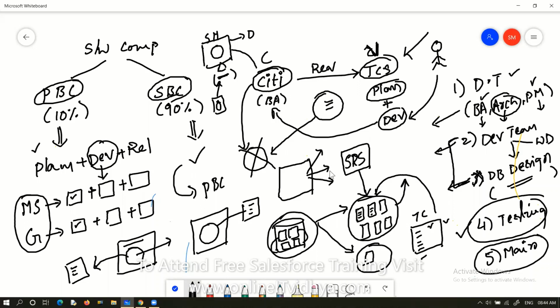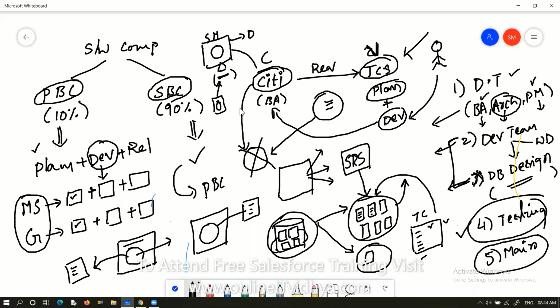This is all about different software companies as well as different departments in the software company. See, these are all very basics. Maybe you may know that, but before starting to learn Salesforce, if you have all this idea, it's very easy to map the technical words whatever we are talking.